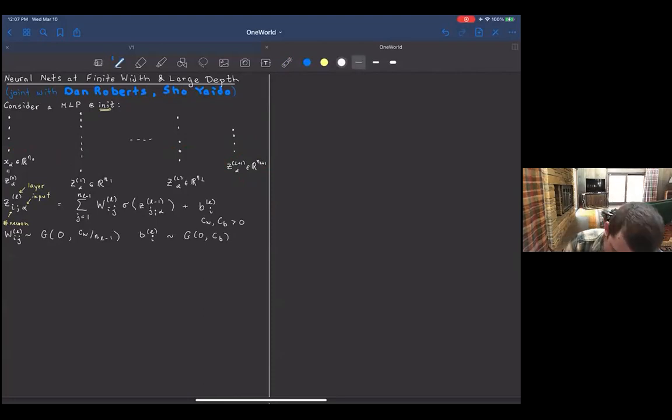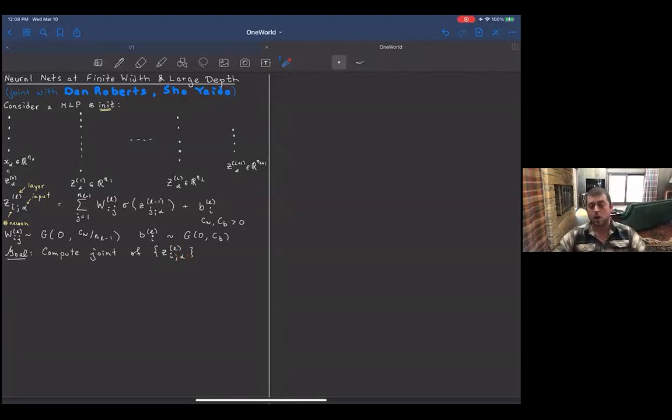Okay, so now I can tell you what the problem is I'd like to study, and then I'll tell you why I'd like to study it. So my goal is this. I'd like to compute the joint distribution of all of the neurons in the network. So I'm going to vary both the neuron index i, the layer l, and the input alpha. I want the full joint distribution of all the things computed at all the points in the network and all the inputs to the network, and so on, together with derivatives. Okay, maybe I'll write that. So including the derivatives of these objects.